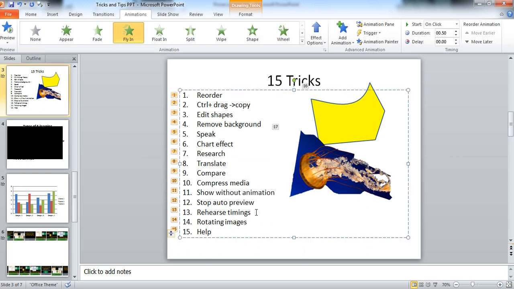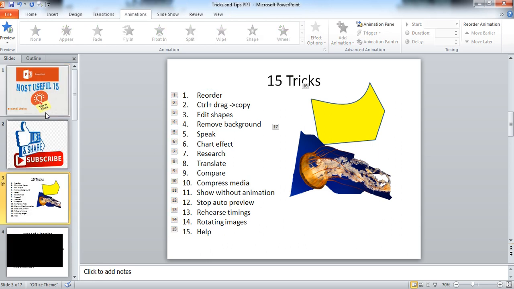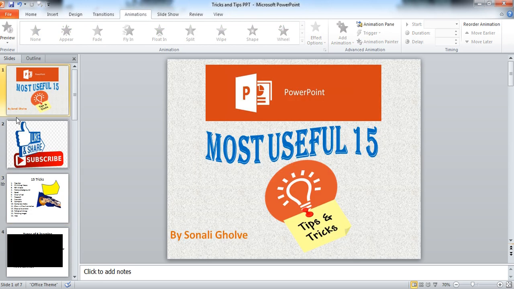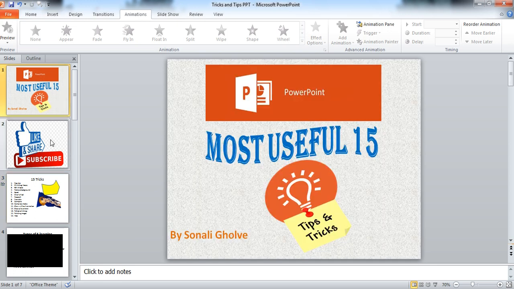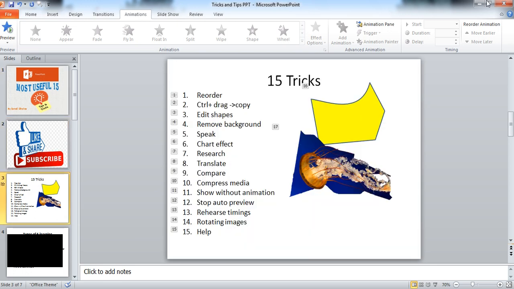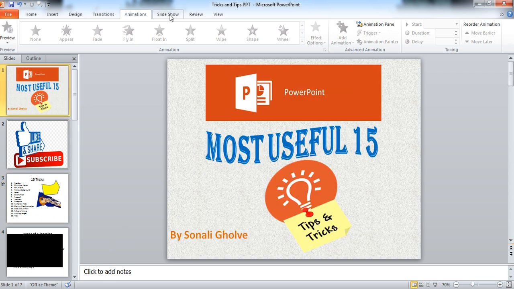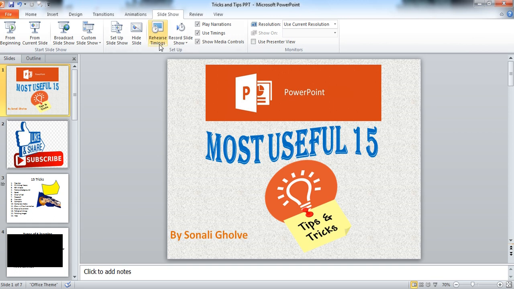Next one is Rehearse Timings. Rehearse Timings means suppose you are going to present your presentation for an important conference, or in schools or in colleges or in front of students. At that time, suppose there is a time limitation to present your presentation, then it is useful to practice by using Rehearse Timings.